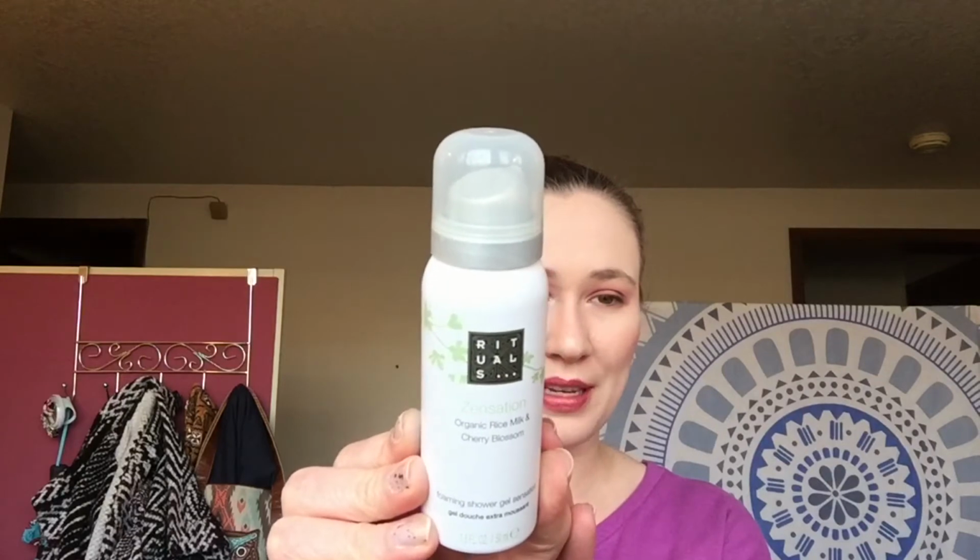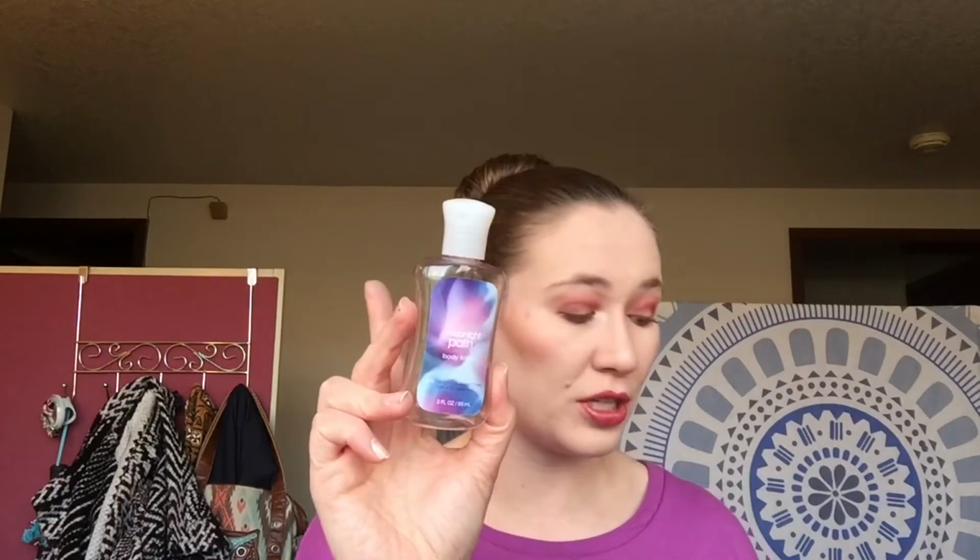I have a foaming shower gel from Rituals in organic rice milk and cherry blossom sensation. This was okay. I don't feel like you get very much with it, because it foams up and you use quite a bit of body wash, so it felt really gimmicky to me. Moonlight Path body lotion, one of my absolute favorite lotions and scents from Bath & Body Works, so excited about that. I also went through a Jingle Bellini body lotion,